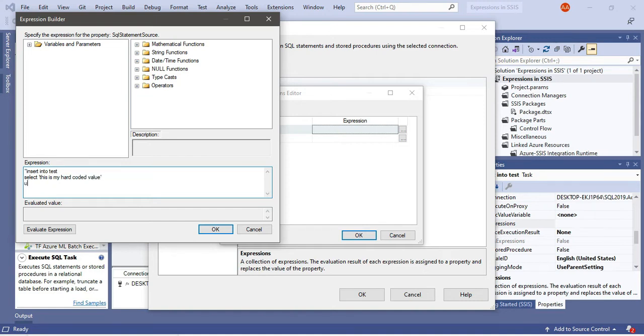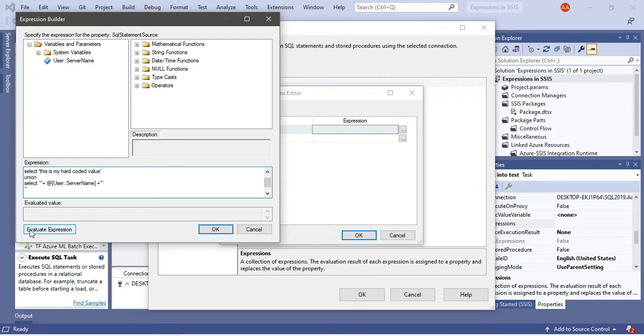Okay, and now I will also write the dynamic value, like select, single quote, double quote, plus, plus, double quote, single quote, and here I can use that server name SSIS variable. Using this particular method, we can dynamically set the parameters of the SQL queries. Suppose there is a stored procedure which accepts parameters; you can pass the parameters dynamically using this method. And because you started a quote, you need to close that quote as well.